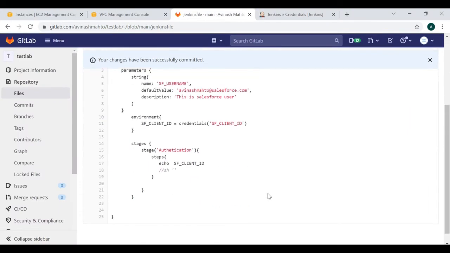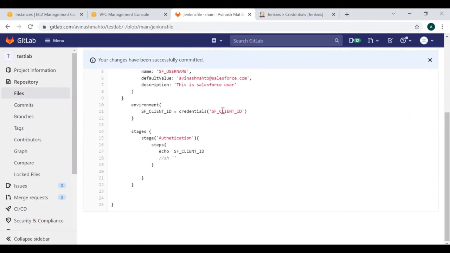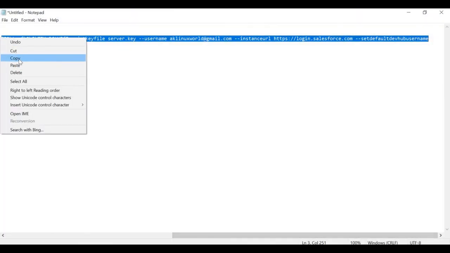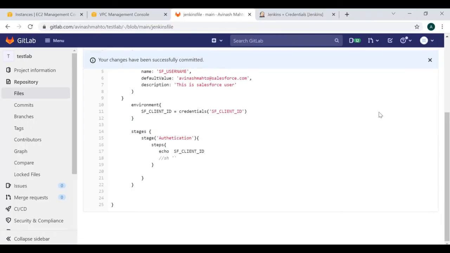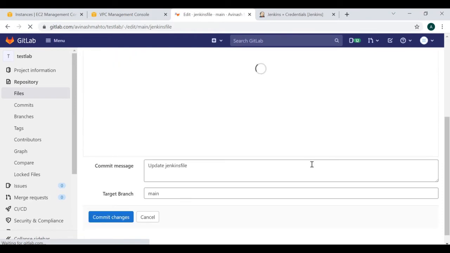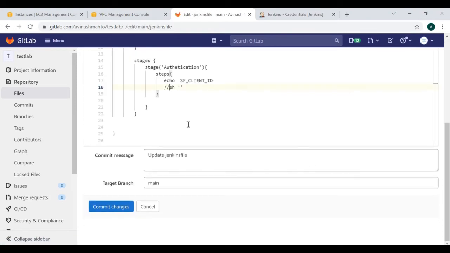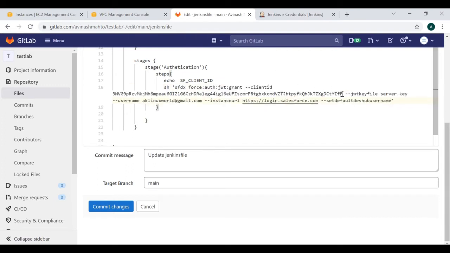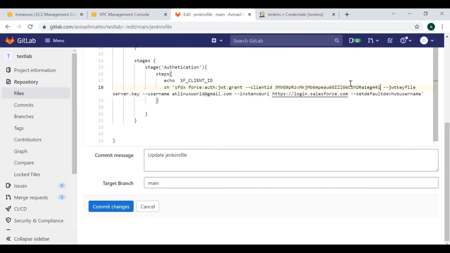Okay guys, so now we have seen that something we define under the credential section, then how we can call it inside the Jenkinsfile. Now I'm going to show you how you can use this variable in the command section. So I have one command ready for that. If I need to run this particular command, let me uncomment it. So you can see that is the client ID value which is hard coded. So this is not good practice. We cannot expose any secret text or secret file directly here, right?